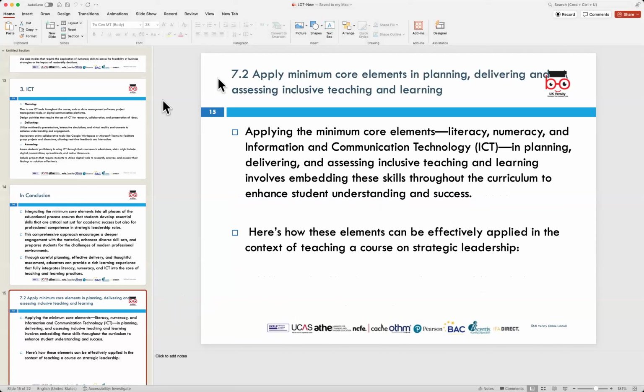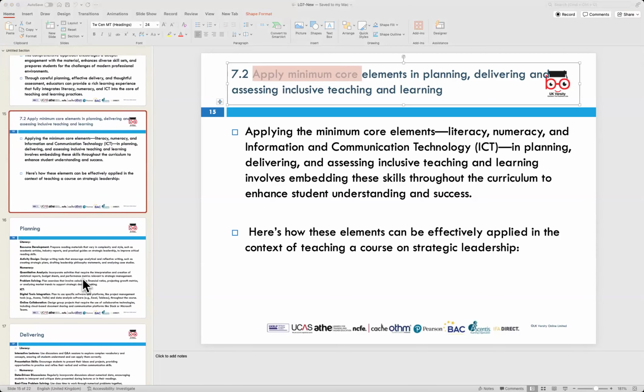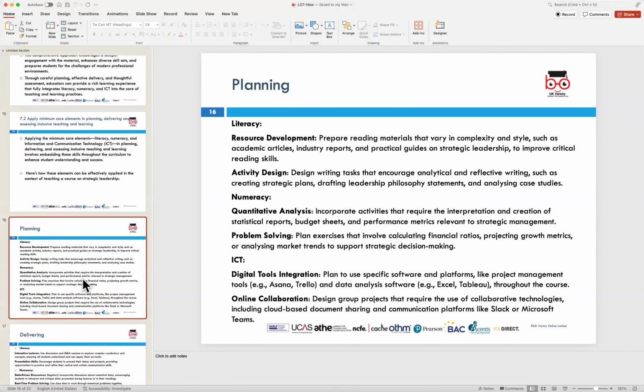Now, the first one was to analyze the part theoretically. The second assessment criteria now says apply. So when we look at the application part of it, you have to put in a practical example of how you're embedding the minimum core elements in your teaching and delivery on a daily basis with your learners. So this bit needs to look at a particular example in terms of how you would organize the minimum core. I would probably end up doing a table, and that table would have numeracy, literacy,